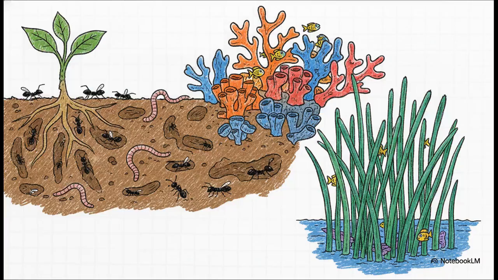How cool is that? But hey, beavers aren't the only ones doing this kind of work. There are tons of other amazing engineers out there. Like ants, they're constantly digging around, loosening up, and improving the soil right beneath our feet. Earthworms do the exact same thing, completely changing the soil structure so plants can push down strong roots. Under the ocean, tiny little corals build these massive, sprawling reefs that turn into bustling underwater cities for thousands of marine species. And back at the water's edge, thick reeds provide totally crucial shelter and hiding spots for smaller fish. So, despite how tiny some of these creatures might be, just going about their daily lives literally builds the world that everyone else relies on.